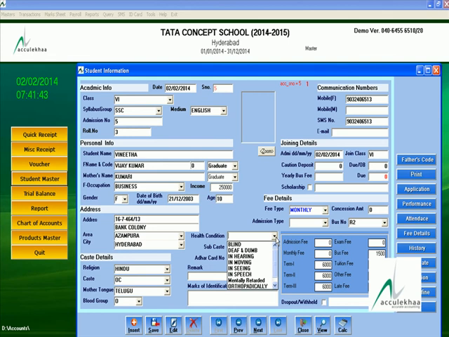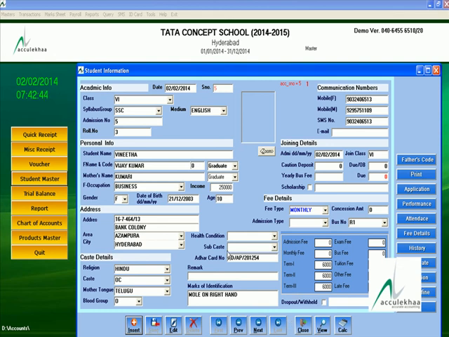You have to select the health condition or subcaste or Aadhaar card number, any number, or you want to modify any fees, you want to modify any bus number, or any information, or the telephone number, or you want to modify the class, also you can modify. You have to click this save button.